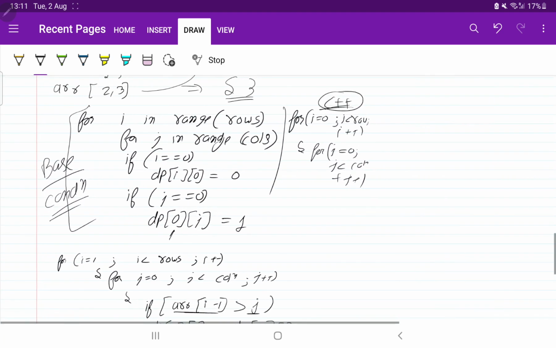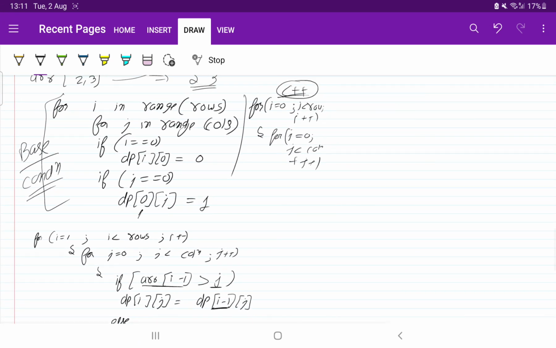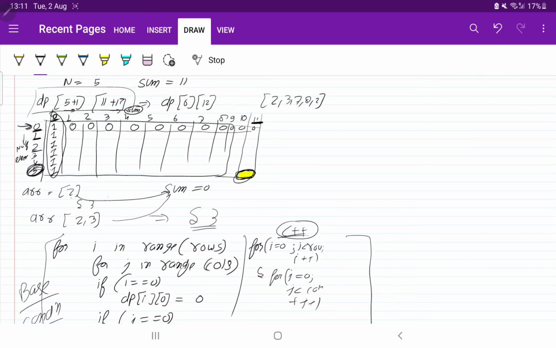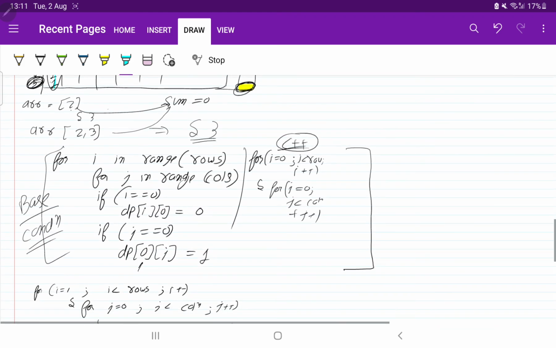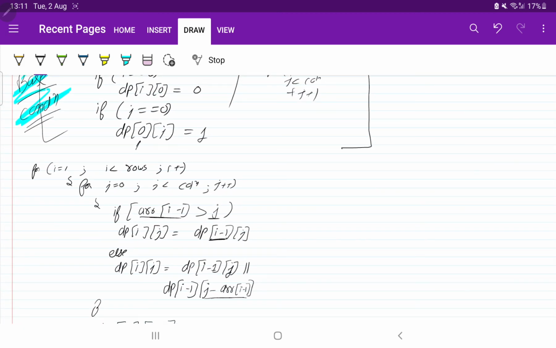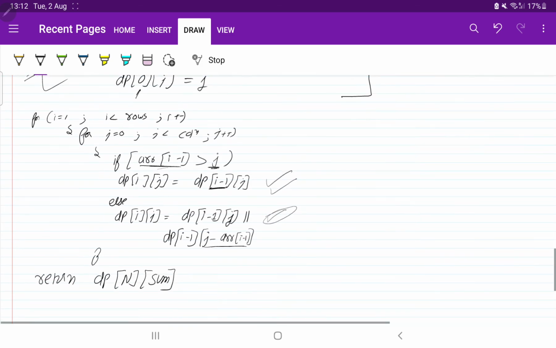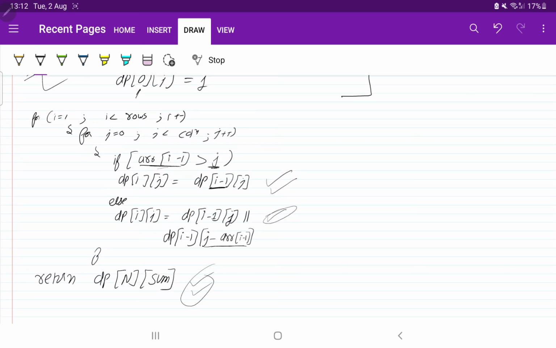So basically, I will just summarize what we have done. First of all, we initialized the DP. To initialize the DP, you have to initialize the first row and first column. So initialization is done here. This is nothing but the base condition. And then we used the same condition that was there in the recursion: if the element size is greater than the sum, then we leave the element. Or we take the decision, either take it or leave it. At the end we return the last element of the DP.